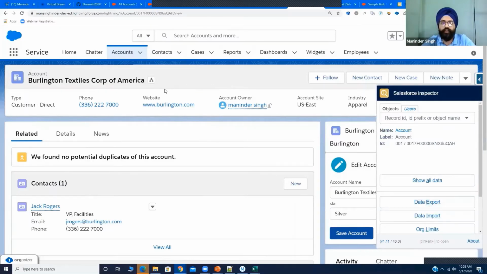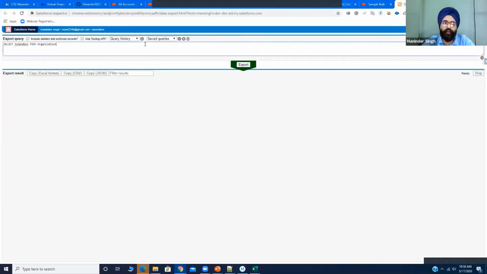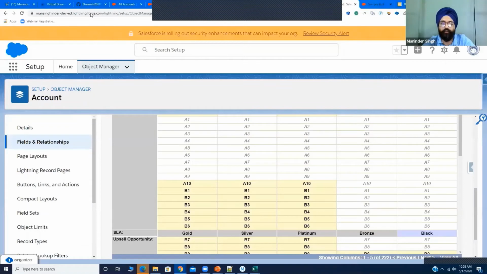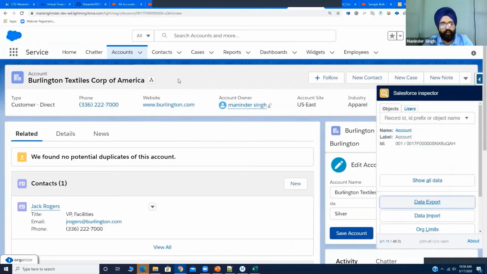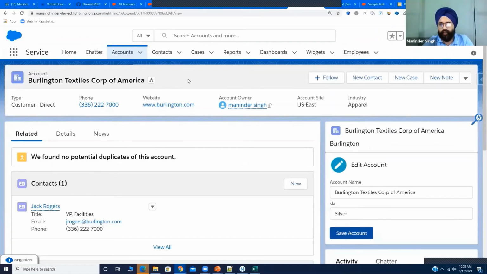You would open it here and write a query to select all the fields from Account where Account ID equals this, where Account ID equals this. Then you would export it to a CSV file. Then you would go to the target org, open another account, query the same, and save it in an Excel file. Then you would do a VLOOKUP and compare the values. Instead of doing all this, which could take maybe 20 minutes, you can use this extension.